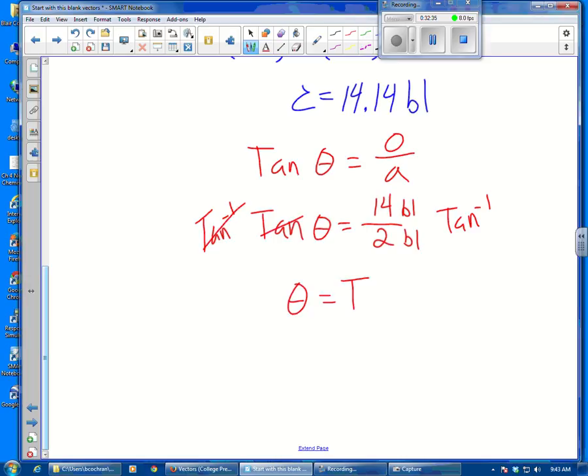On this side, that function works on my 14 blocks over 2 blocks. And I come up with a number. If you need to know how to put this in your calculator, you can see me and I'll help you with that. I get theta equals, in my case, 81.87